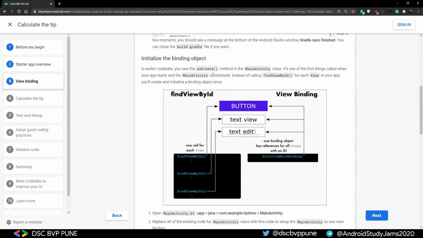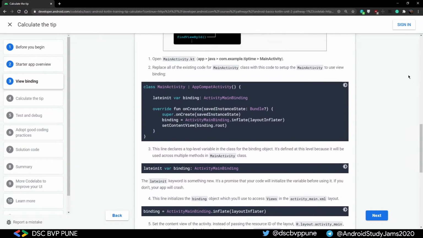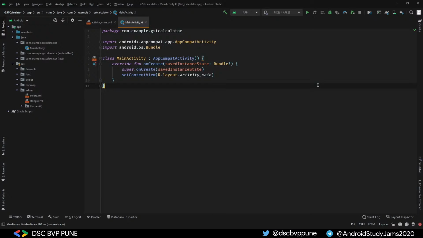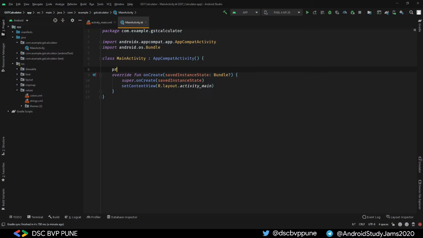MainActivity.kt. Okay, so now what we can add here is this object, lateinit var binding, on the top of our onCreate function, or as I can say, at the start of our MainActivity class file. We can add private. So it's a private object, so only this activity can use it, only MainActivity can use it. Private lateinit var binding, I will explain what lateinit means, where